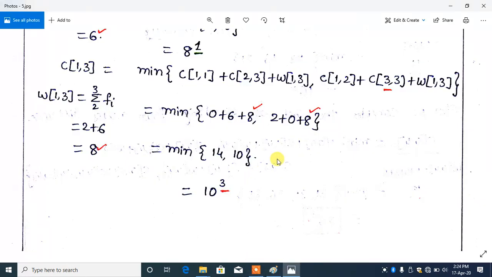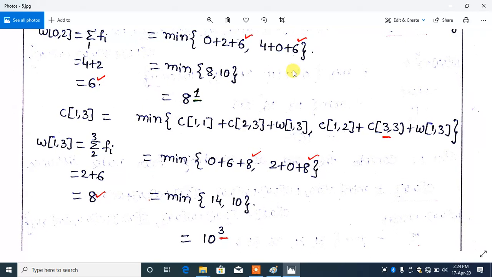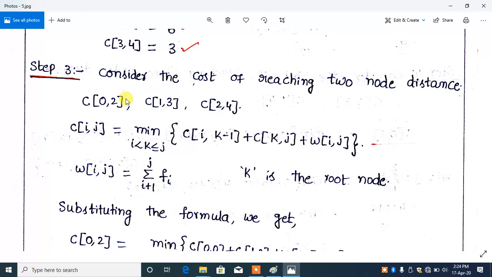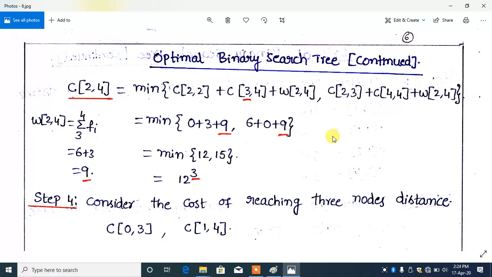Next, similarly, you have to find the remaining costs. We have found these values, C of 0 comma 2 and C of 1 comma 3. Let's see C of 2 comma 4.